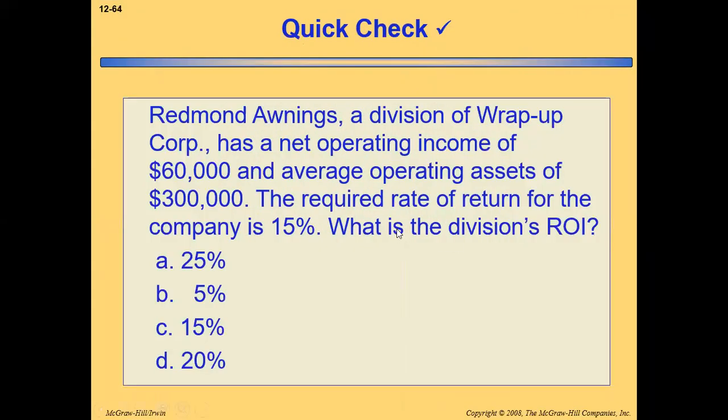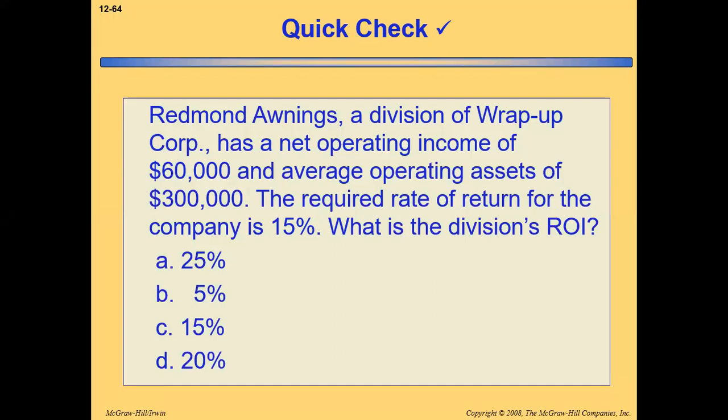So দেখেন, we have a very quick question here. What is the ROI here? Net operating income is 60,000. Average operating asset 3 lakh. The required rate of return for the company is 15%. What is the division ROI? ROI কত হবে এখানে? ROI will be how much? 20%. 60,000